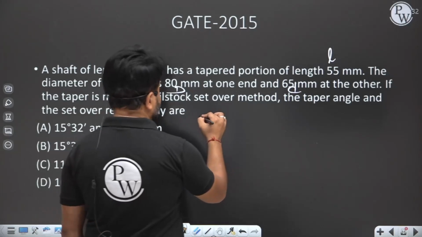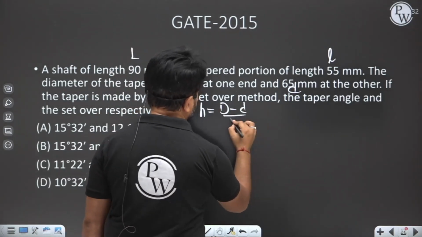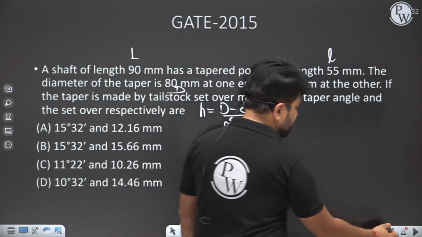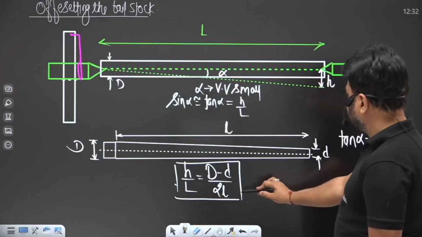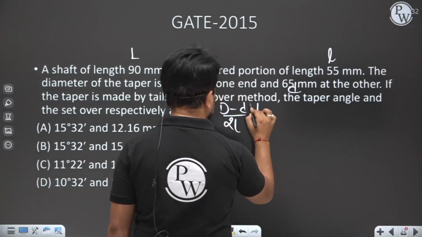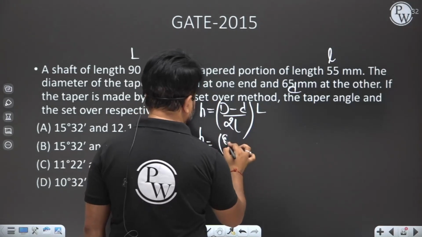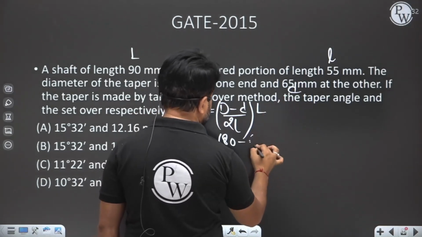So you can find the h here. h equals capital D minus small d divided by 2l, into capital L. So this is the thing. Now see, h: capital D is 80 minus small d, that is